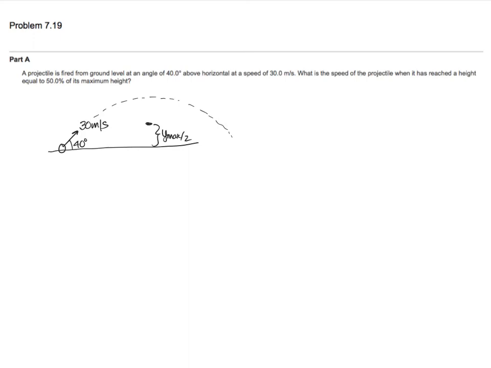Now, we did something similar the other day when we had the ball that was initially shot up in the air, and then we wanted to know how fast it was going at half its height. And we said, well, only half the energy gets converted into potential energy. So it initially started with all kinetic, and half of that kinetic energy gets converted into potential, and we could use that to figure out the speed. The problem is here that the initial energy, which is kinetic,